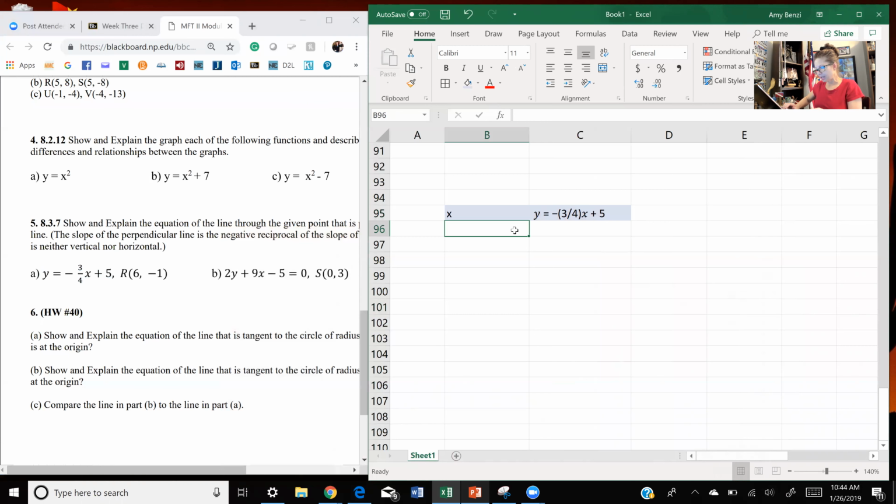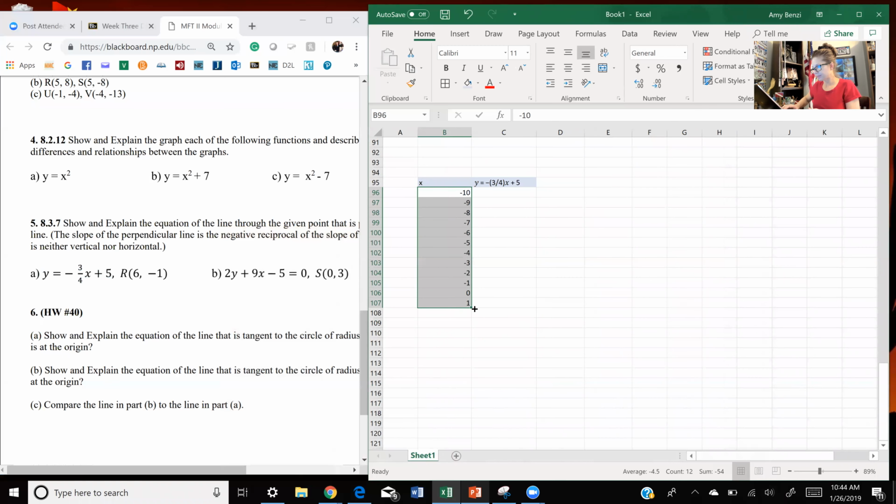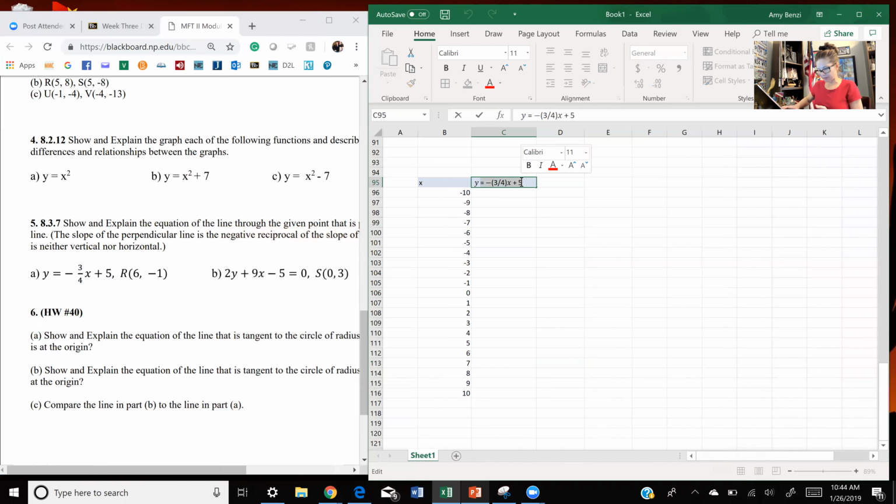I'm going to paint them blue. My x's, I'm going to go ahead and go again from -10 to 10. I just like that. Select them and drag it down. And I'm going to drag it down all the way to 10. All right, now for this column, I'm actually just going to copy this. I don't have to type it in. And then right here where it has the x,